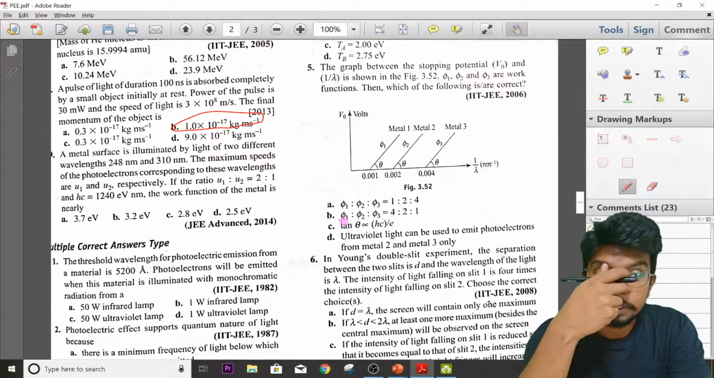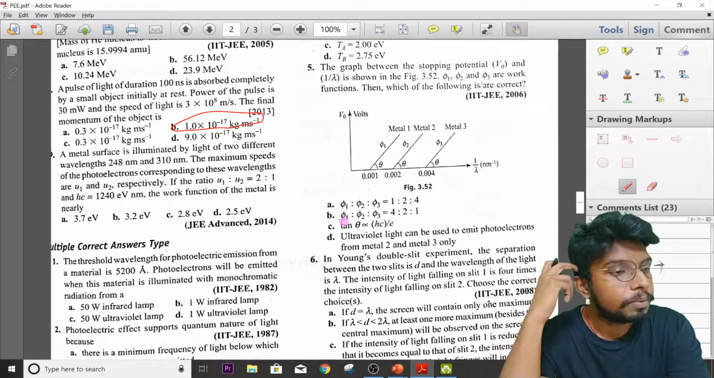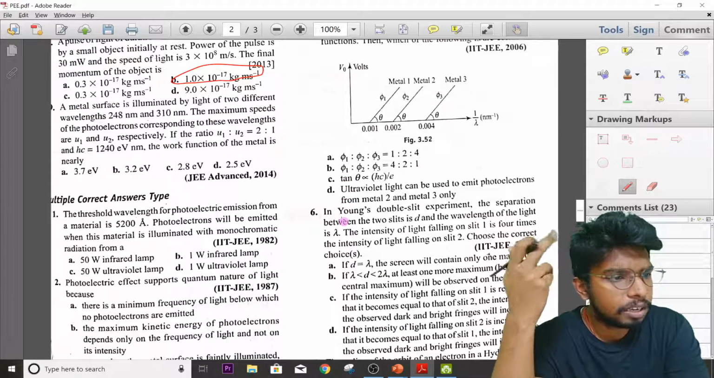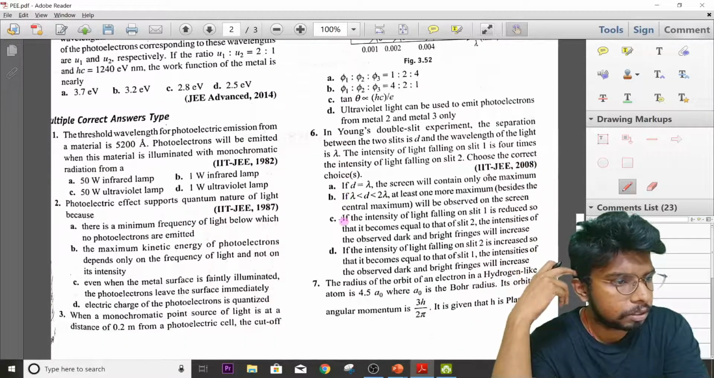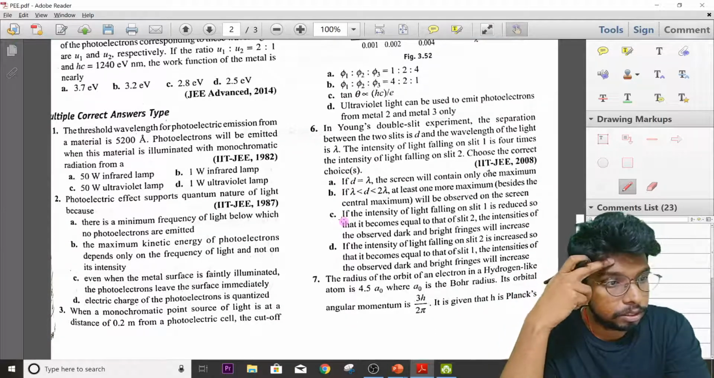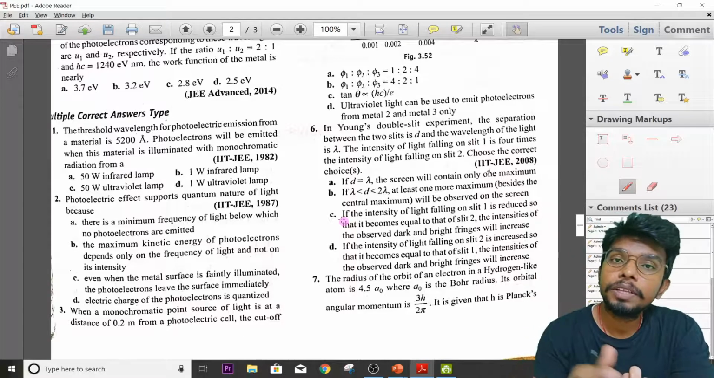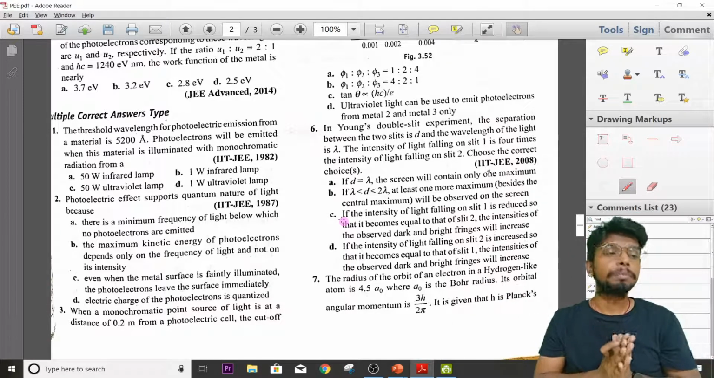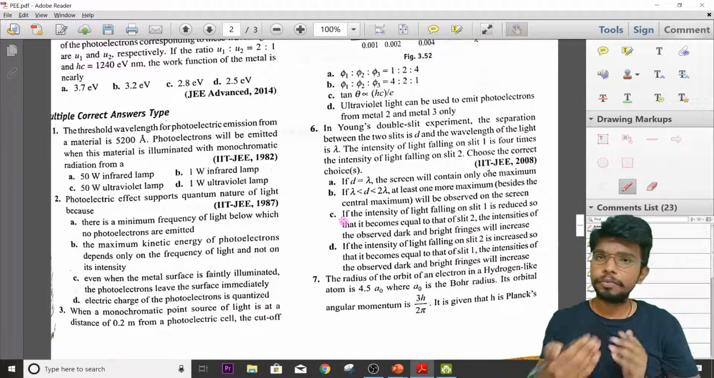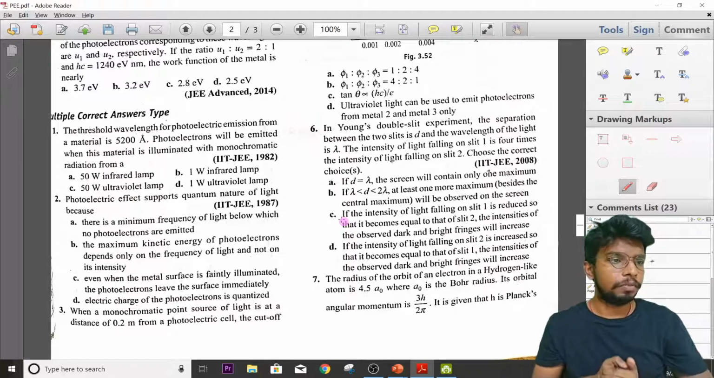So these were some questions which are of single type, single correct questions. We'll take a couple of multiple correct option as well. The threshold wavelength for photoelectric emission from a material. The threshold wavelength is the maximum wavelength. If it was written threshold frequency, it is the minimum frequency, because the wavelength is in the denominator